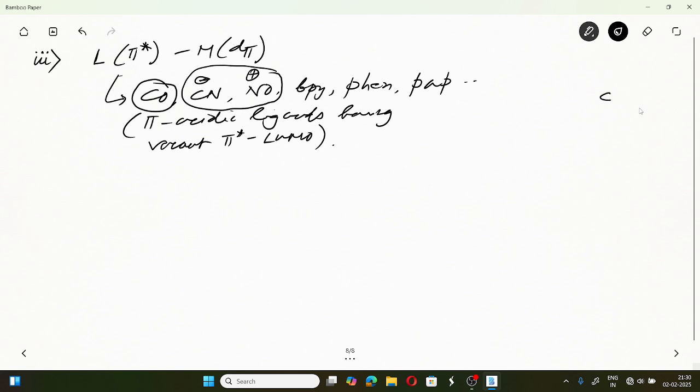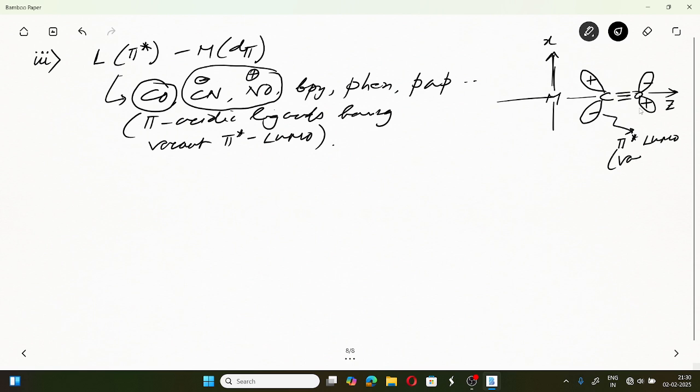So let us consider the bonding with carbon monoxide, for example. If we consider the pi bonding with carbon monoxide, let us consider the z-axis to be the molecular axis, and this is the x-axis once again. So what is the pi star orbital of carbon monoxide like? See, the pi star LUMO is like this, and obviously this is vacant. And the d orbital of the metal, see, this is the dxz